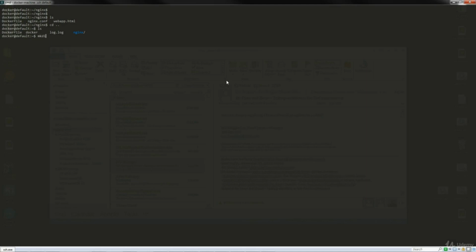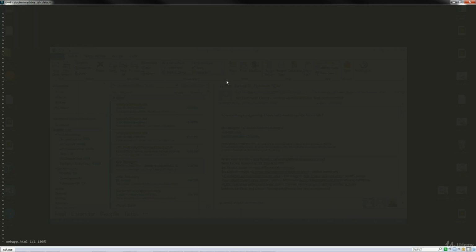So I've got an example here already, but I'm going to do it this way. So nginx-web-app. All right. So cd into nginx-web-app. Okay, so the first thing we need whenever we are ready to deploy would be our web app. So quickly we'll go in and we'll make a very simple